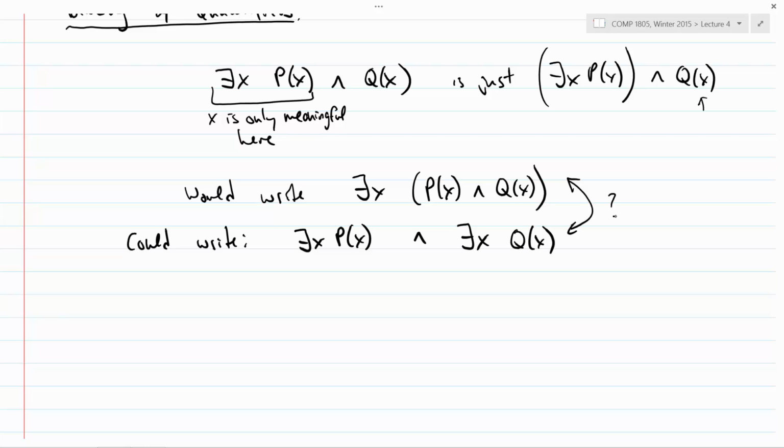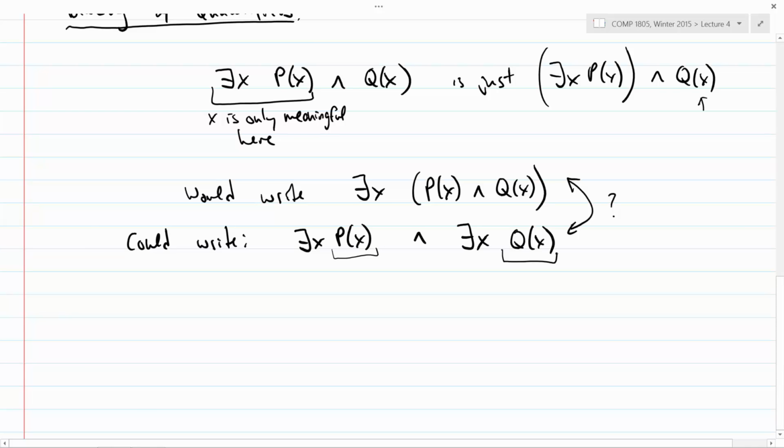So I think you're thinking of something related to De Morgan's law. Yep. So that's not the case here because there's no negation. Yeah. X might mean different. Yeah, so x is just a variable. And if you want to think about this in terms of a programming language or something like that, x's scope is the stuff immediately after it, the smallest complete thing after it. So for this first one, that's that alone, and then the scope is over. And for this one, it's that alone, and then the scope is over.